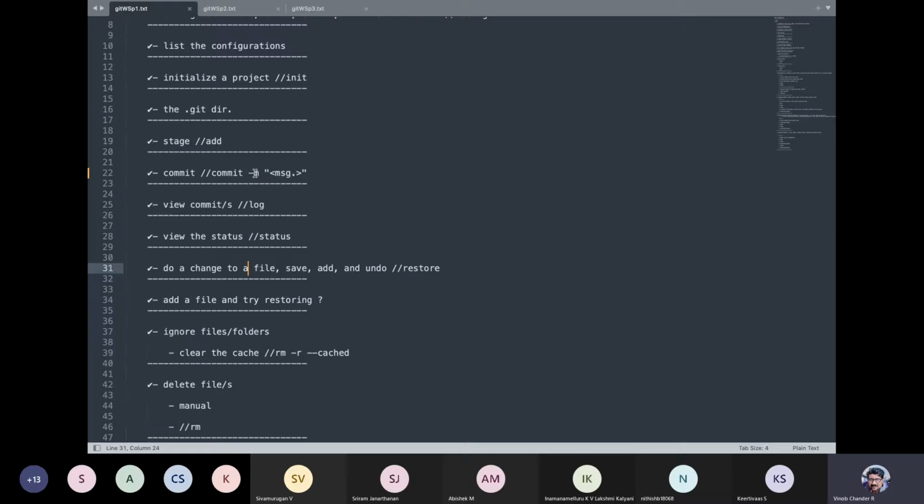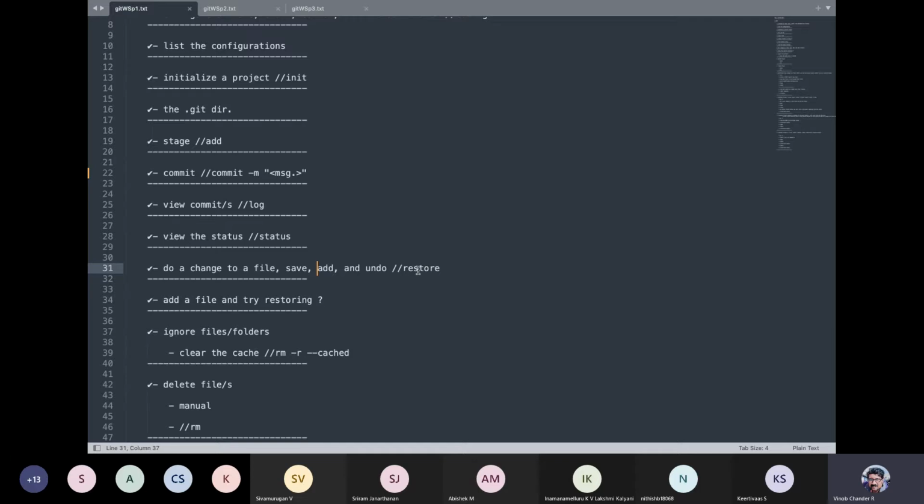We talked about making a change to a file and then saving it. So you do a modification to a file, save it, and then you can add it. And then probably if you realize that you don't want to commit, you want to do an undo, a restore, right? Even after you have changed and put the changed file into the staging environment, if you want to undo it, you can undo it as well. If your particular file is not yet in the staging environment and you want to undo it, you just do a restore.